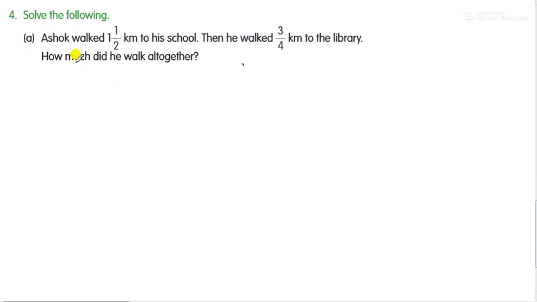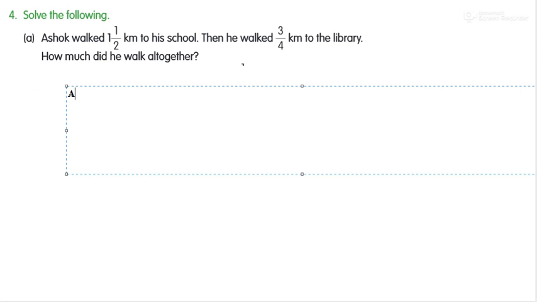Now the fourth is solve the following. A bit is Ashok walked 1 is to 1 by 2 kilometer to his school. Then he walked 3 by 4 kilometer to the library. How much did he walk altogether? So the solution is